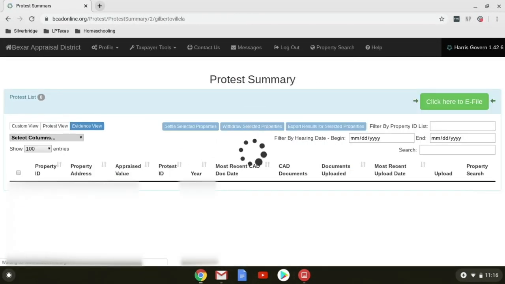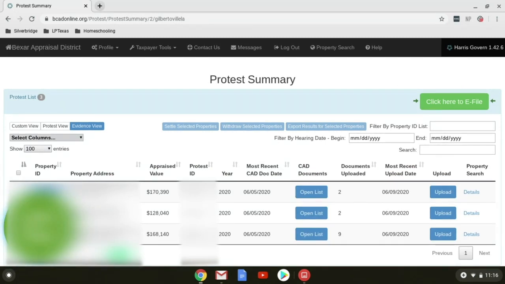So they're going to look at your protest, and they're generally going to, in a couple of weeks, email you and offer you a lower amount usually. And I think they offer you enough for you to accept it, but not too much. There are ways to continue protesting if you don't think that's enough.